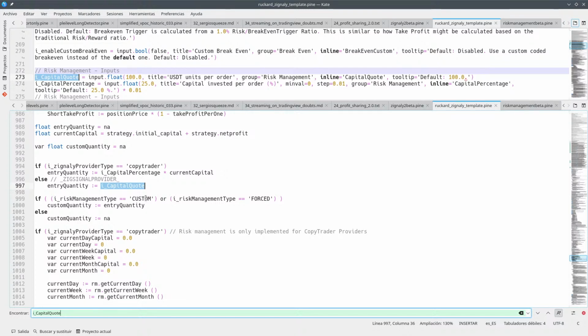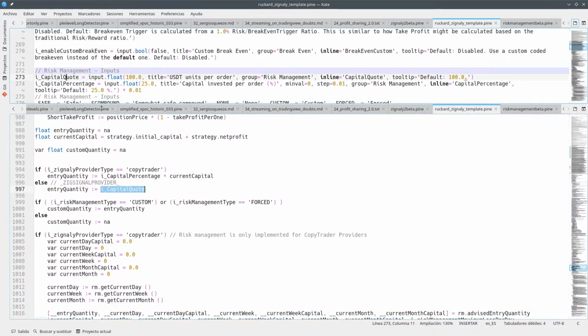Apparently if you use a custom risk management or a forced risk management, you always use the same entry quantity. The difference is that if you are a copy trader, you are going to use a percentage, but if you are not a copy trader, you're going to use this same quote. However,